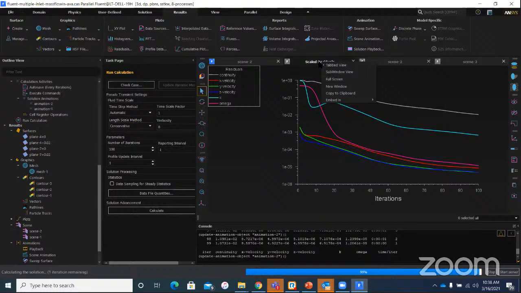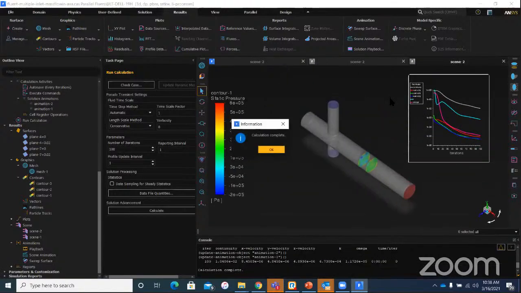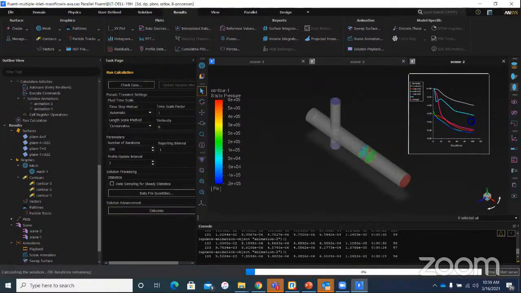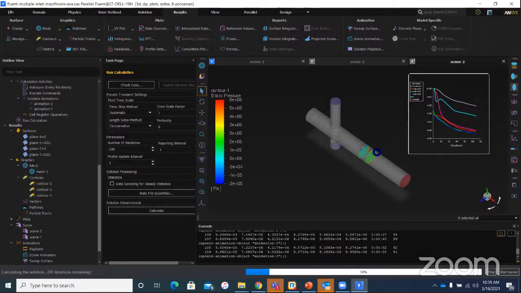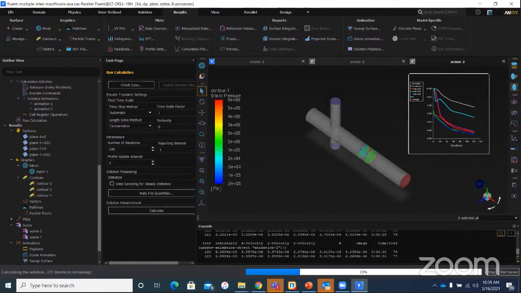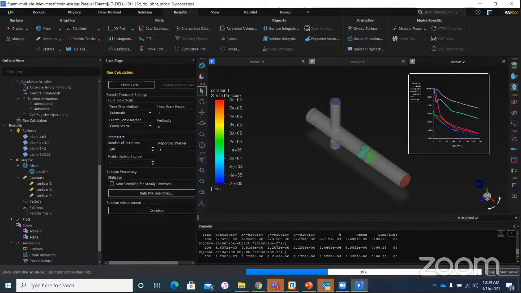So I would right click on this and then choose this functionality called embed in. And when I do that, what happens is that my residuals and my animation get played in the same window. Why is this useful? Sometimes when you're trying to understand how your flow is developing, how your residuals are converging,